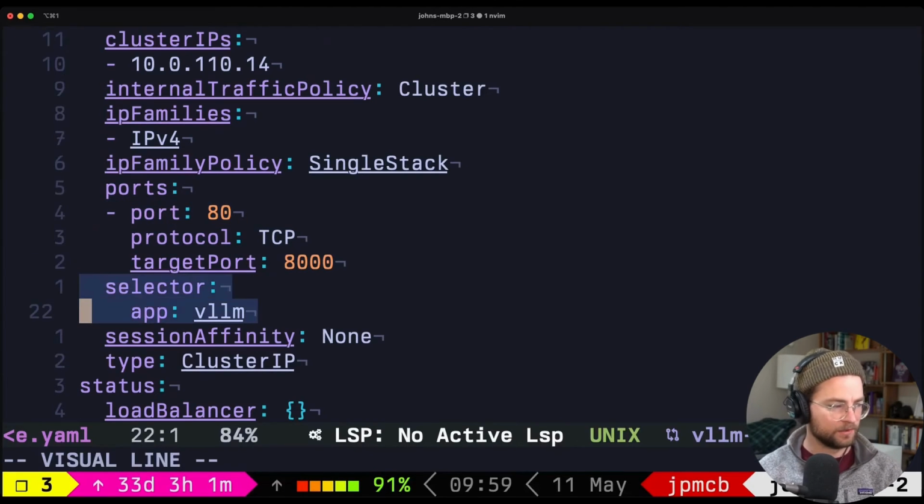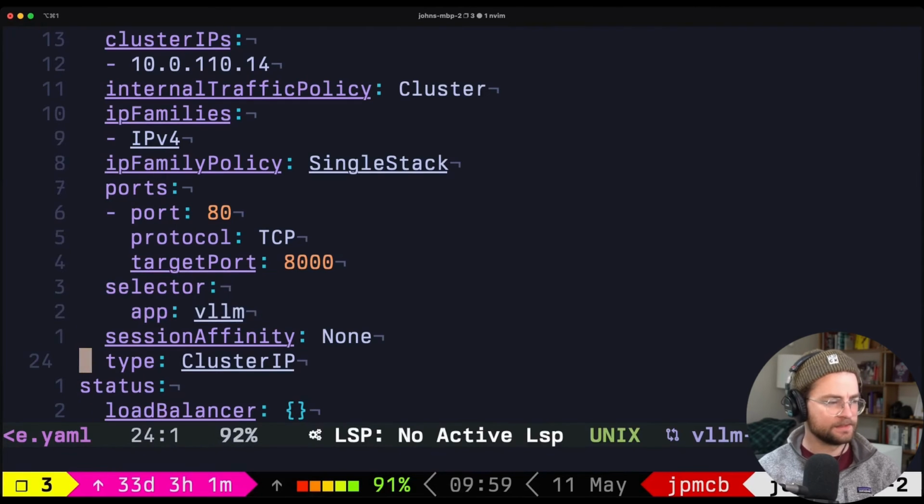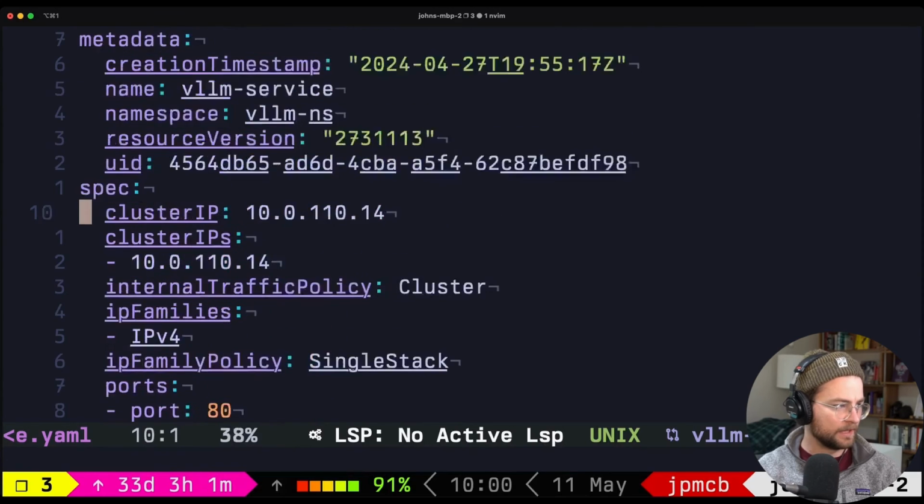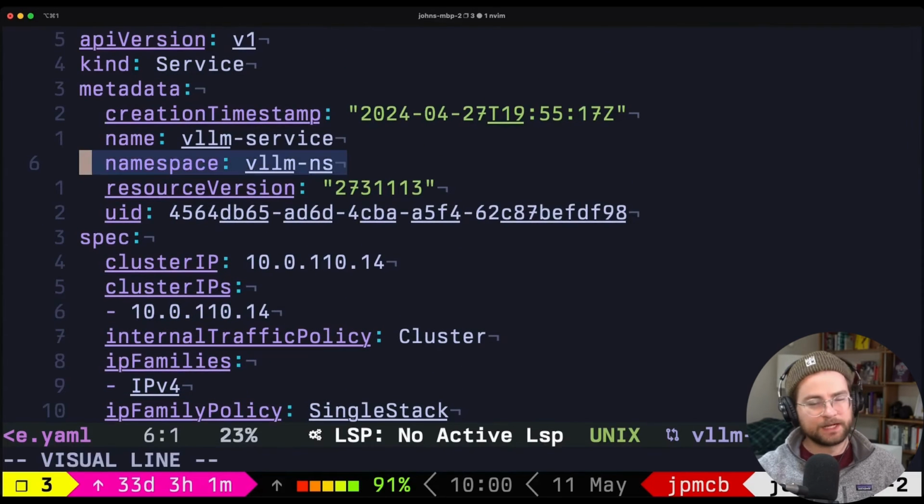And then the selector, where we are selecting app vLLM, which is defined in our vLLM daemon set. More or less, this is a cluster IP, so nothing with ingress or anything that is providing anything more interesting on the actual cluster. But those are the two very important parts of this service, the selector and the port. And then I'll also note that it lives inside of the vLLM namespace, which we'll see when we